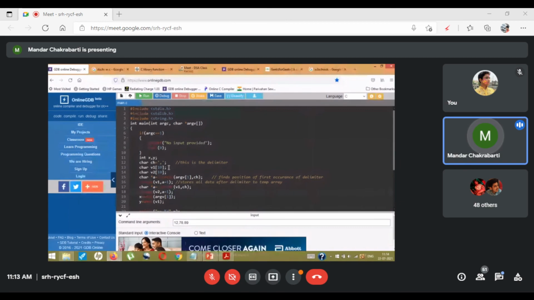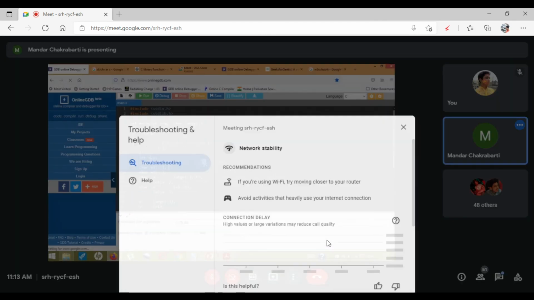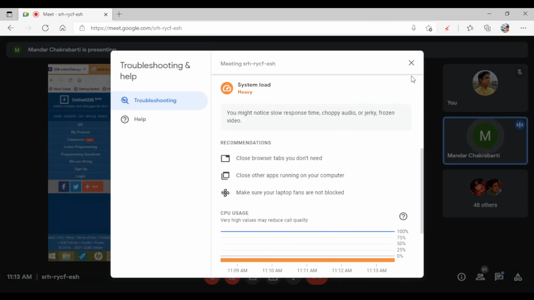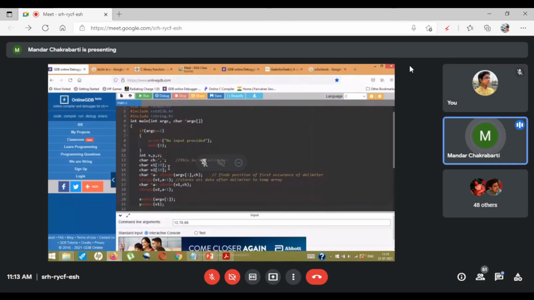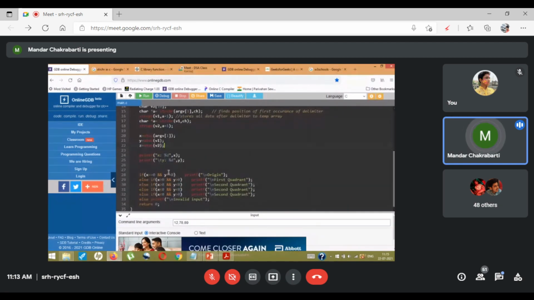Okay, and now say comma z, int z equals atoi of v2. Let's test it.